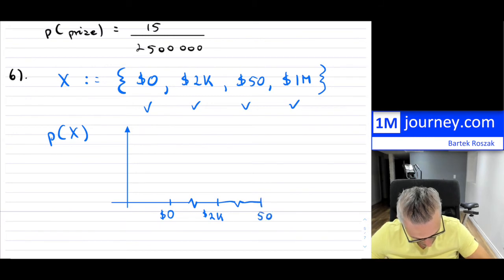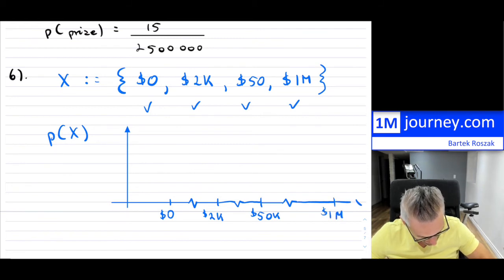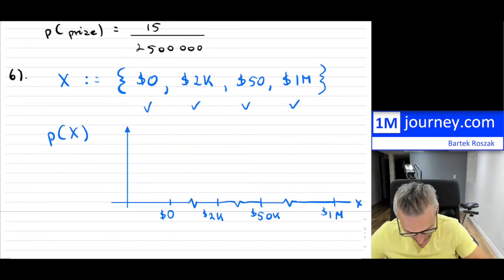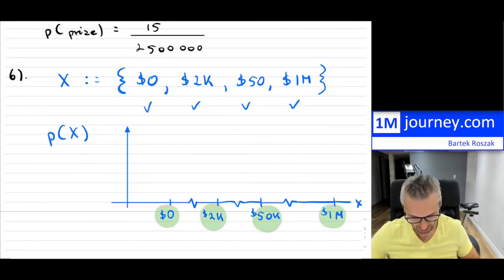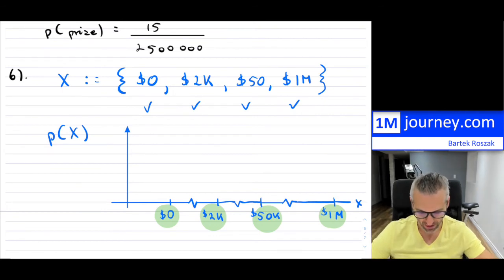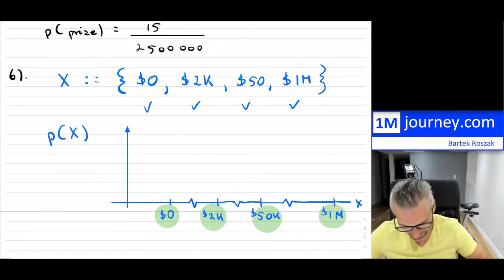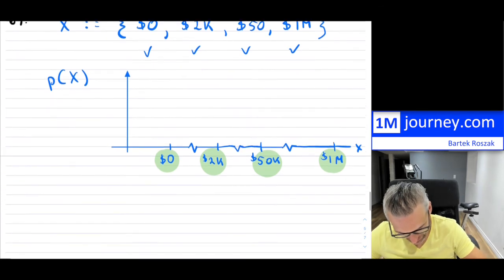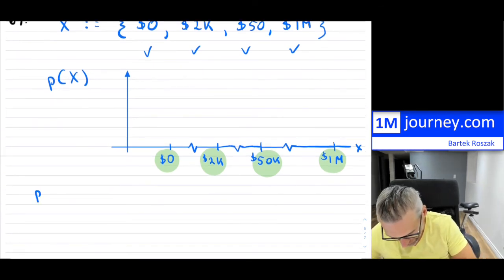Okay, I will make this super neat. This is 50K, and this is 1 million. So that's my X. These are my 4 possible outcomes. And now what are the probabilities? The probability of winning nothing: